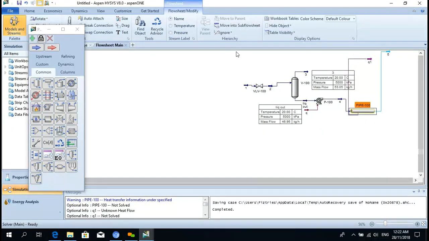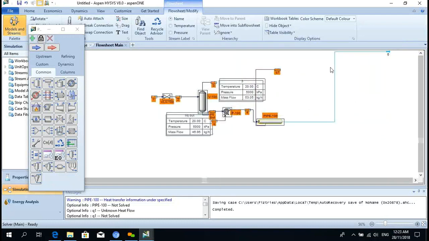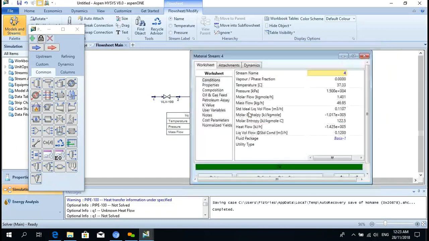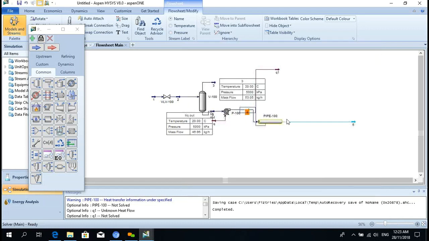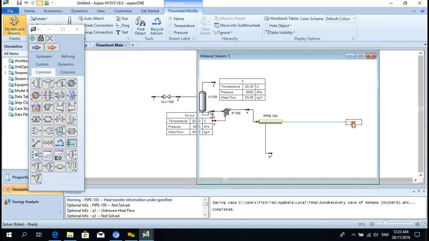So now see, the pressure at 4 is how much? It's 150 bar, right? So let's say we want a pressure of 148 bar at stream number 5.